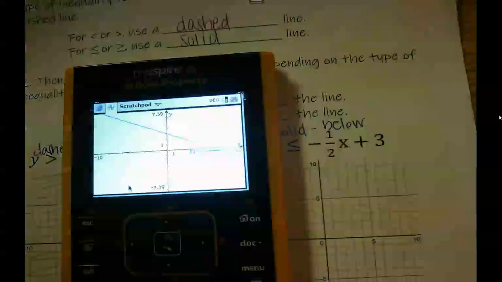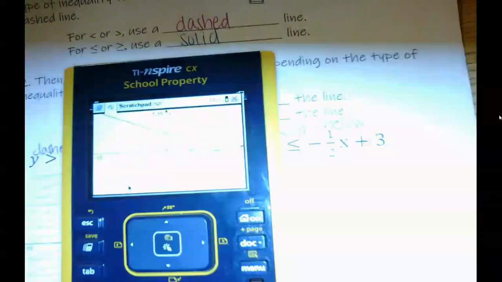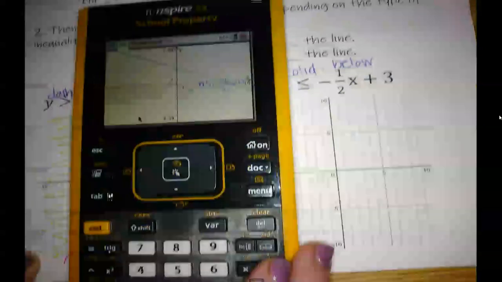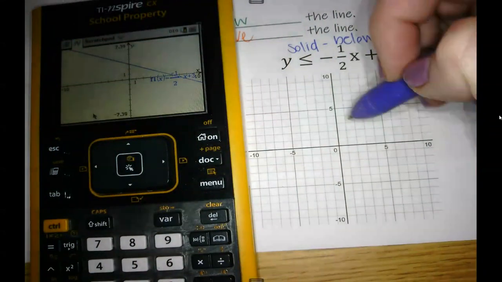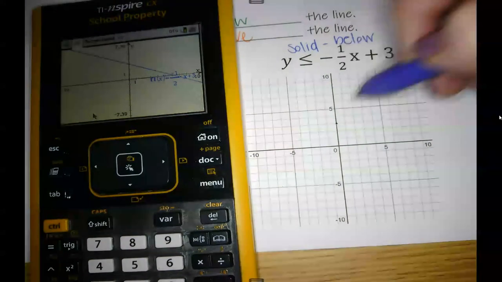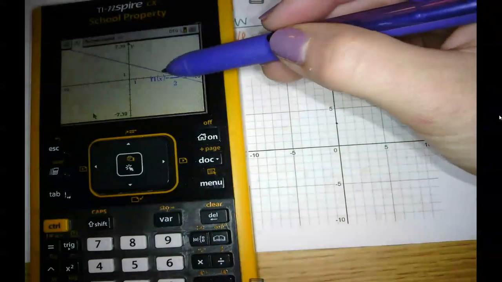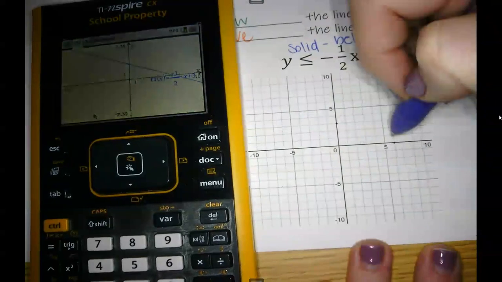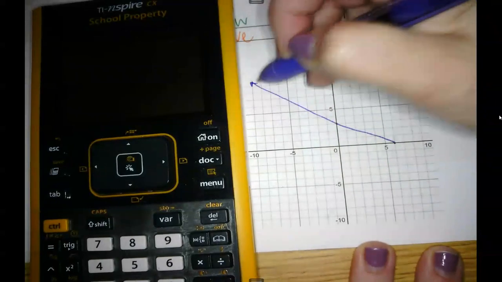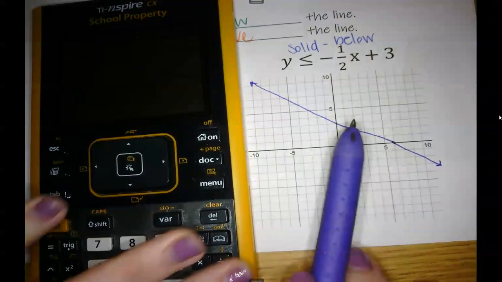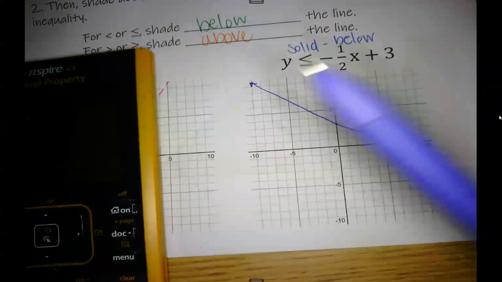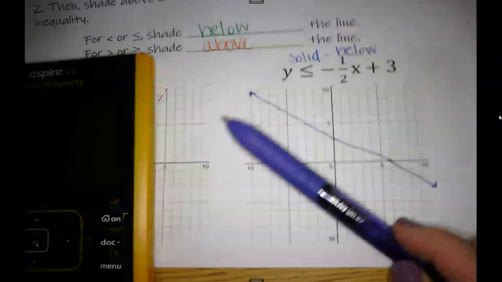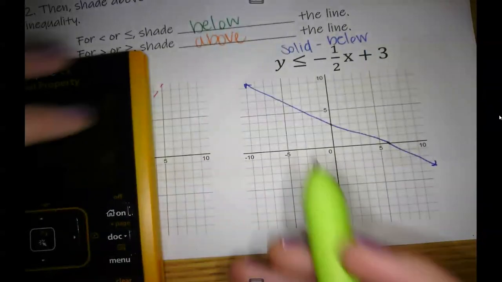I can focus in on that. Does this help? Okay, that helps. All right, so I am transferring this graph here to here. And it is a solid line. So I know it's crossing at 1, 2. So we've got my solid line, and now we need to figure out which way is above the line and below the line. When our lines are negative, above the line is over here, and below the line is here. So I'm going to shade this